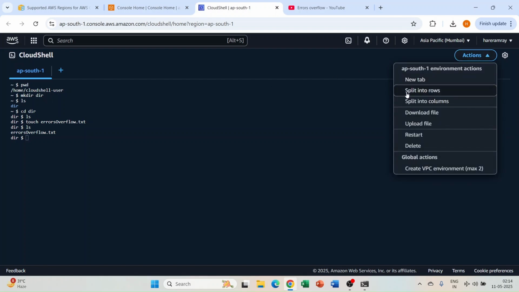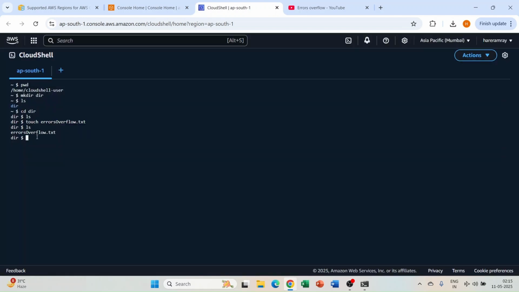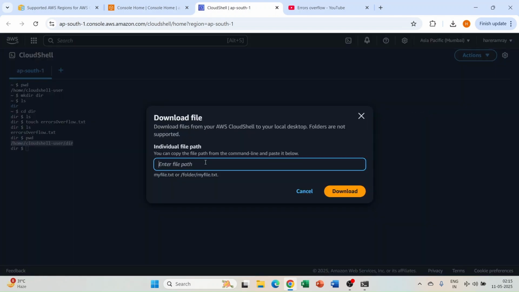Now here we can split this into rows, split into columns. We can download the file. Let's download the file. Click on download. We can enter the file name, or folder and then file name. We are inside a directory, so first we'll have to select the folder, then the file name. So just do pwd, and we'll see the path. Just copy it, and in action, click on download file, then just enter